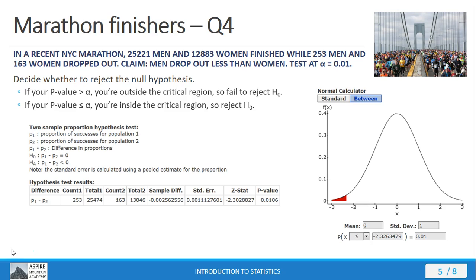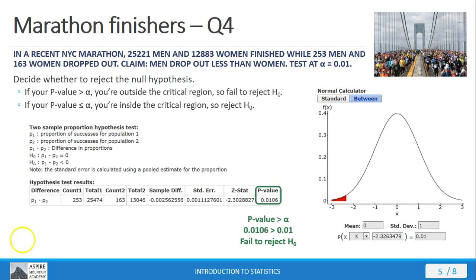Here's our results window that we saw just a moment ago. If we use that p-value there on the end, p-value of 0.0106, we're testing at a 1% significance level, so we're just barely greater than that alpha, but it doesn't matter how much greater you are. Outside is outside, and so because we're outside the region of rejection, we're going to fail to reject the null